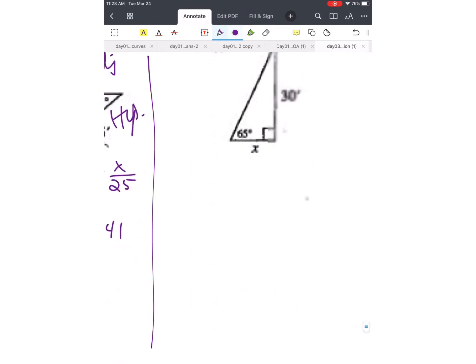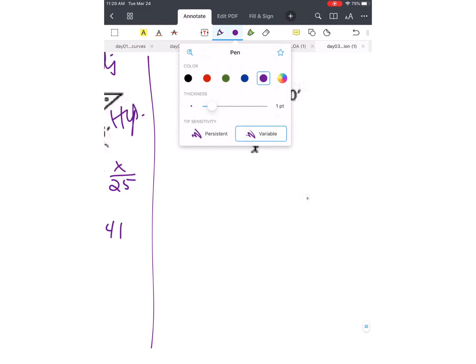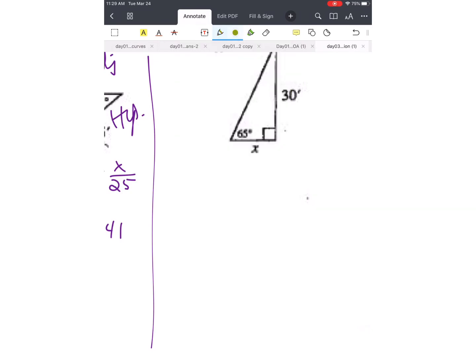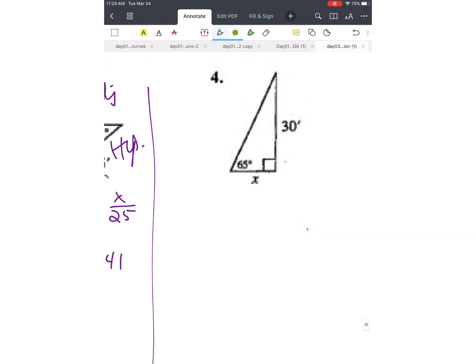Keep moving. So we have, let's do a different color. Let's do yellow or green. Okay, so now this is opposite. Ooh, that's a cool color, olive. And this is adjacent. No hypotenuse, so I know it's tan. Tan of 65